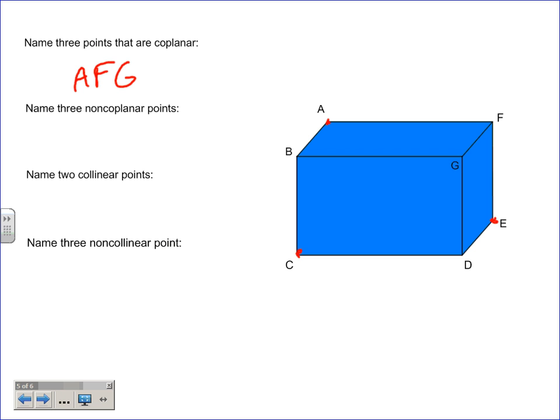I agree. A and E I would kind of consider on the back, right? We can't really see it. And C is kind of on the front. Are all 3 of those kind of on that same plane? Again, I'm saying go with the ones that are drawn. Because is it possible to draw a plane through those 3? It is possible, but we don't see that one, right? So A, E, C, that's good. And then I wrote a G for some strange reason. That was one of those where I was not just seeing if you were paying attention, I just messed up.